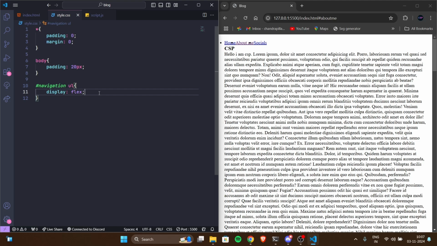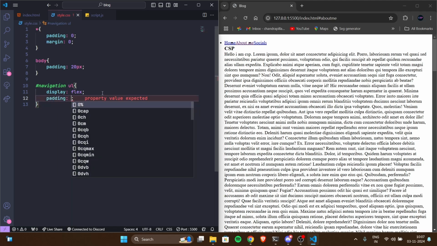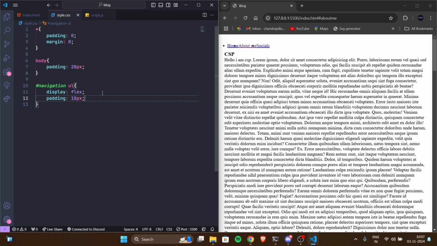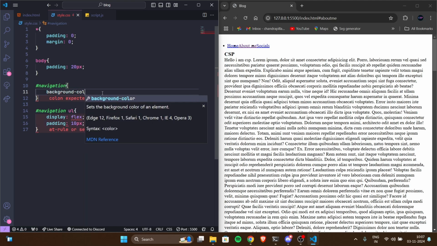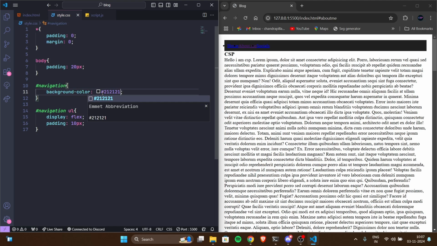So let's say now we have three elements, three lists, which are inline. So I'm gonna add some padding for this UL. Let's say 10 pixels. But now we're gonna style the navigation, and then I'm gonna add some background color for the navigation element. So background color, and personally I like dark theme, so I'm gonna put the dark theme, as well as in body